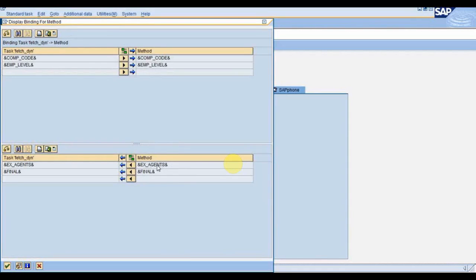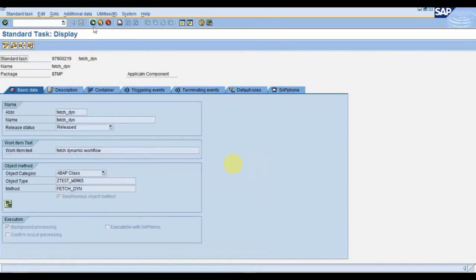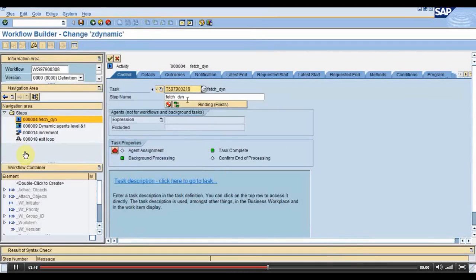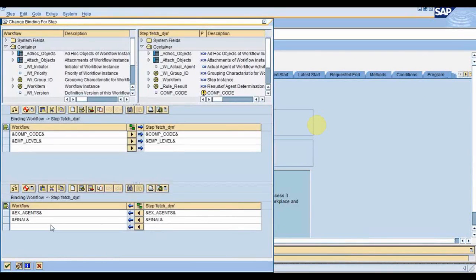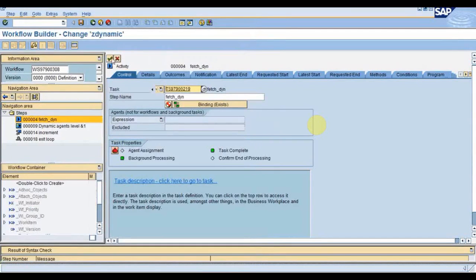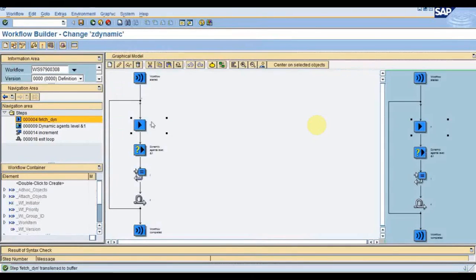These X agents and final were exported from the method to the task. Now, in the binding from the task to the workflow, the X agents were passed from the task to the workflow. This was the first step binding. Any question on this first step binding?